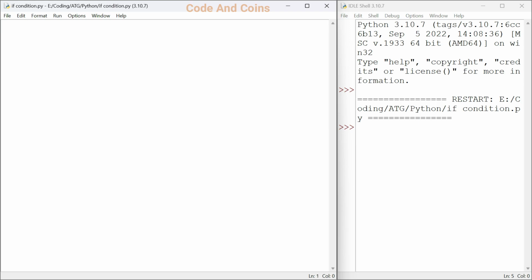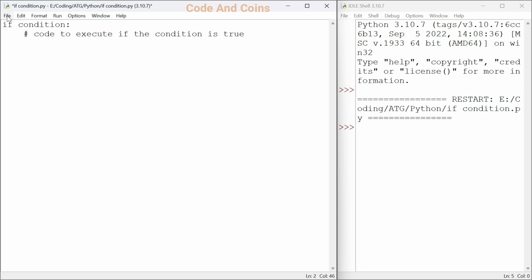In other words, they help your program decide which path to take and which code to execute depending on the situation. For example, imagine you are building an app that will check if a user is old enough to watch a certain movie. Then you can use a conditional statement to determine if the user's age meets the minimum requirement and display an appropriate message accordingly. In Python, we use the if keyword to create a conditional statement, and here is the basic